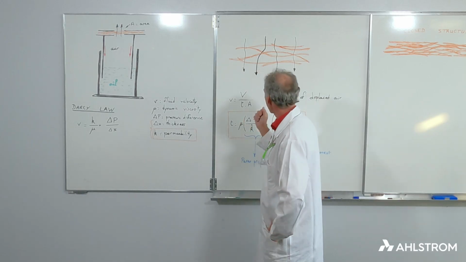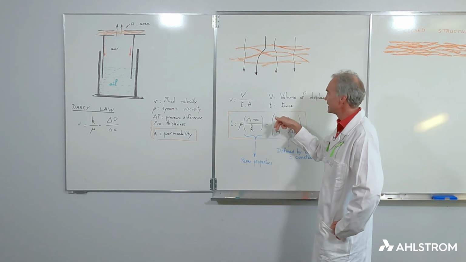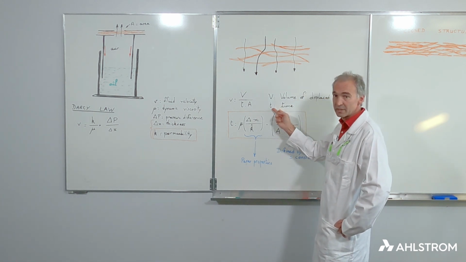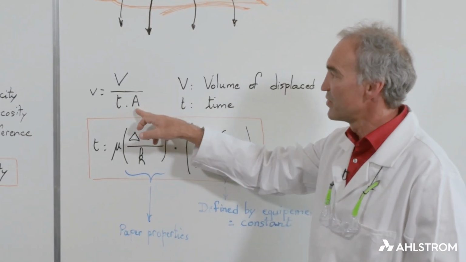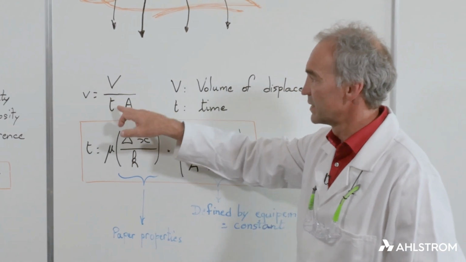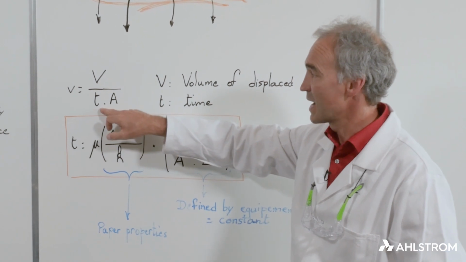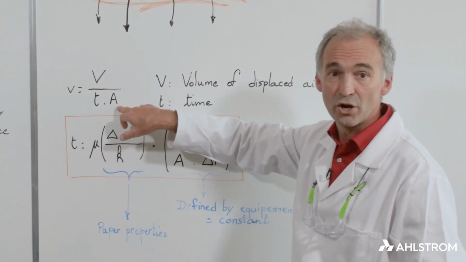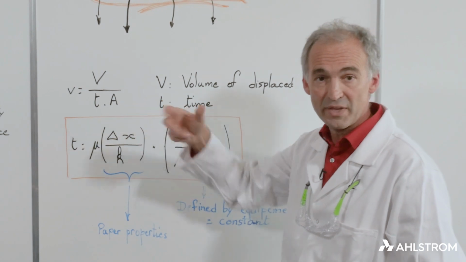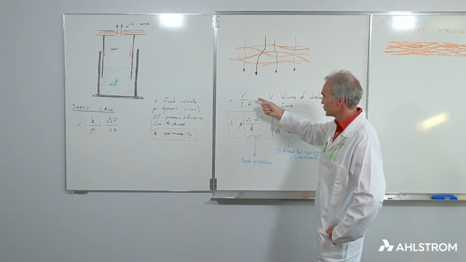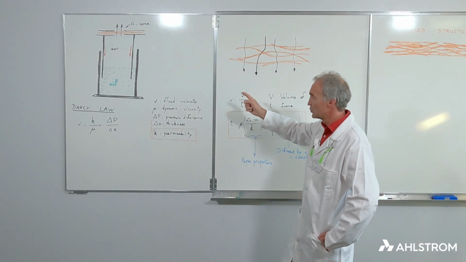This volume of air will be displaced in a time t, and the velocity is linked to this ratio, volume displaced divided by time, and divided by the area of the aperture. If we introduce that term into the Darcy law,